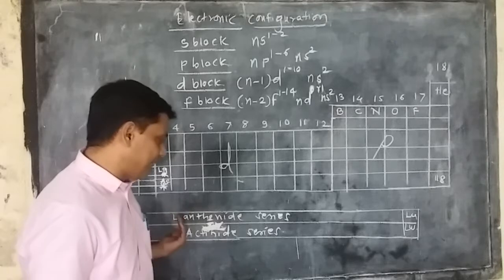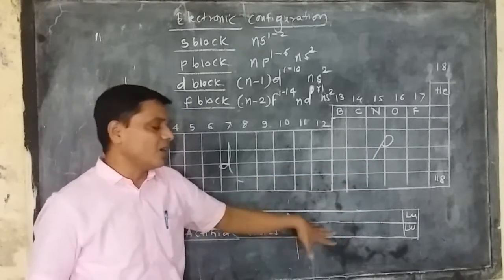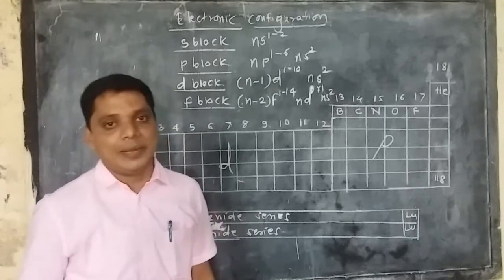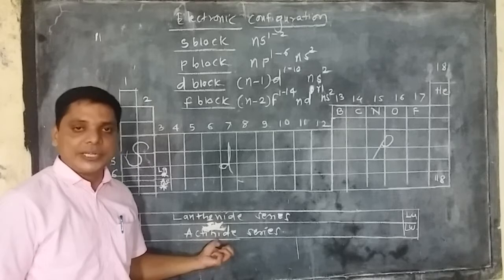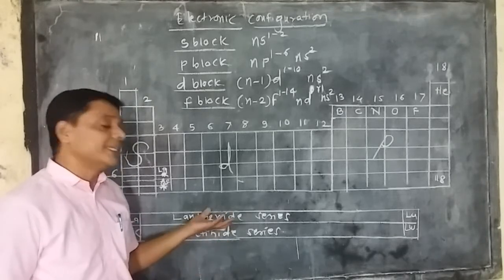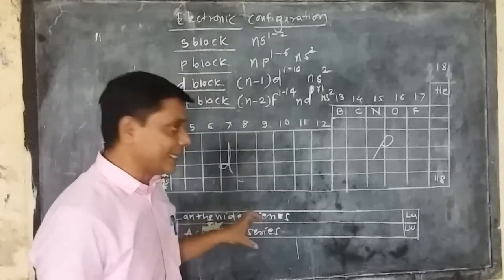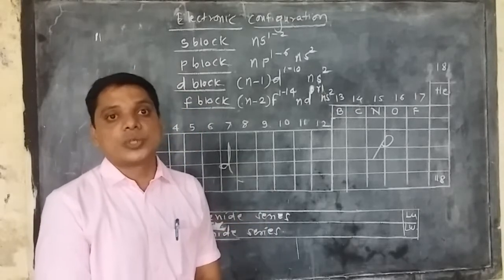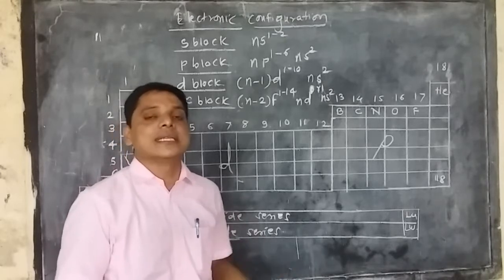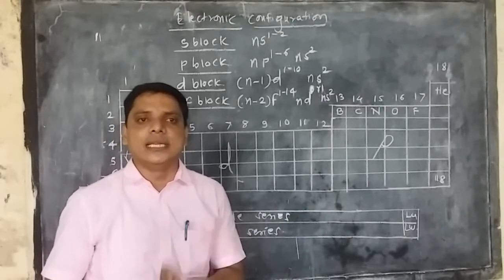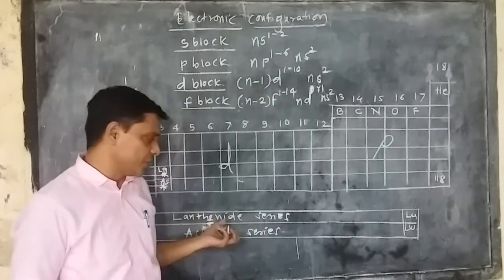But afterward, after 93 up to 103, lawrencium, all these elements are prepared by man-made processes. We see that these are rare earth, these are radioactive in character. They also show the complex property, and the lanthanide and actinide contractions. This contraction means that as the atomic number increases, the atomic size decreases suddenly. This idea is called lanthanide as well as actinide contraction.